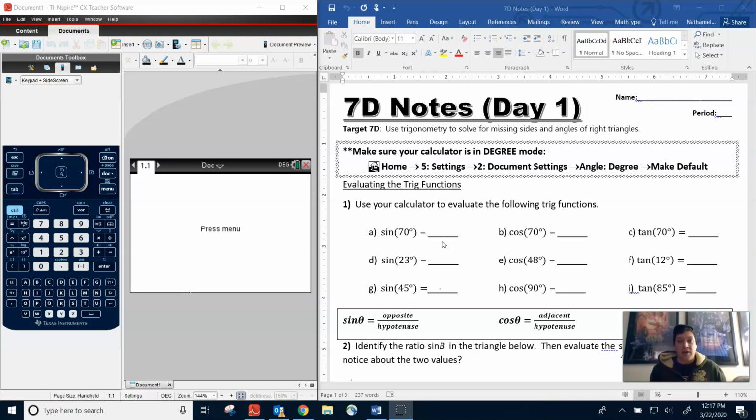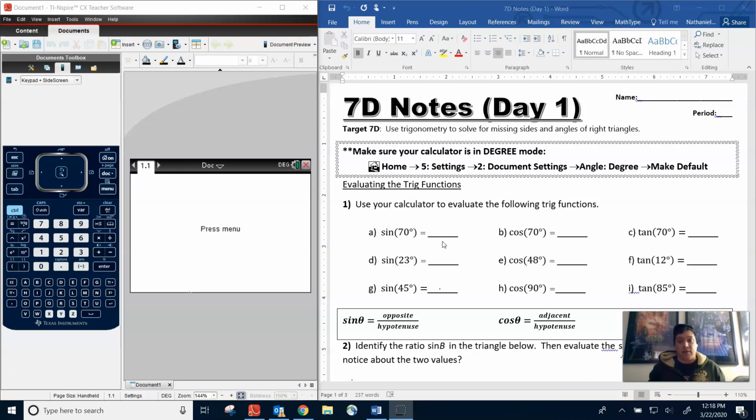I don't think it's been weird, and some things get confusing, especially some of this chapter. It ends up being one of the most complicated chapters of this semester. So 7D tends to be kind of hard. But once again, if you understand the patterns, if you understand SOHCAHTOA, sine, cosine, and tangent, it should be very easy. So what I'm going to try to do today is go over the first part of this, which is